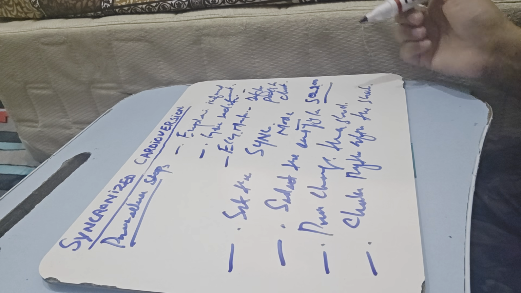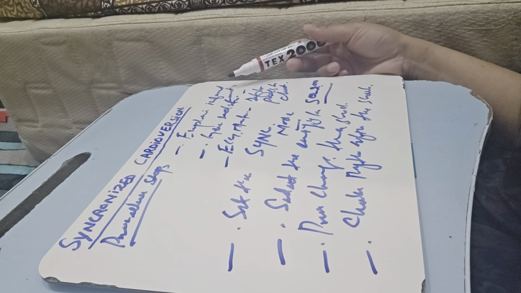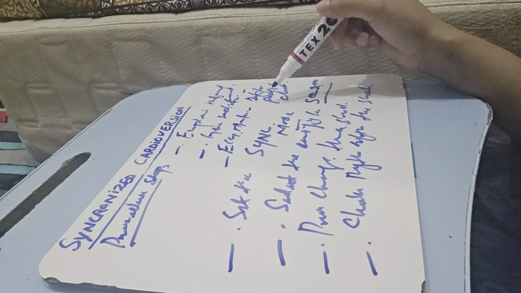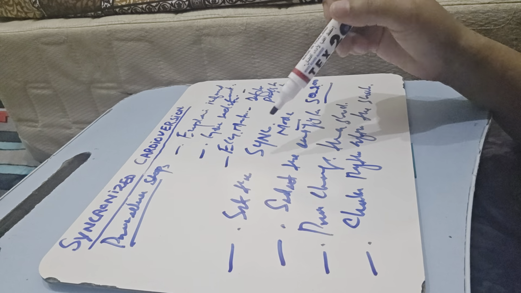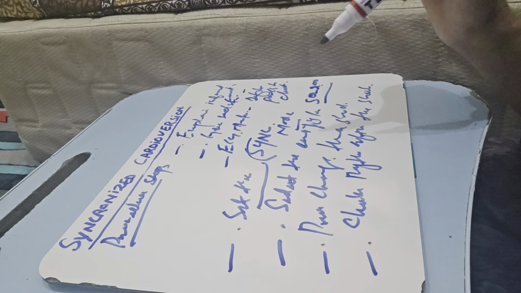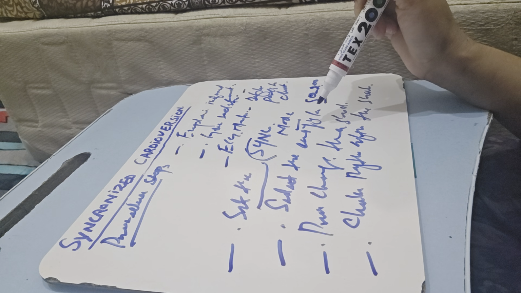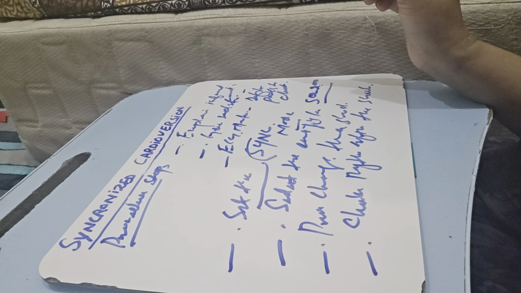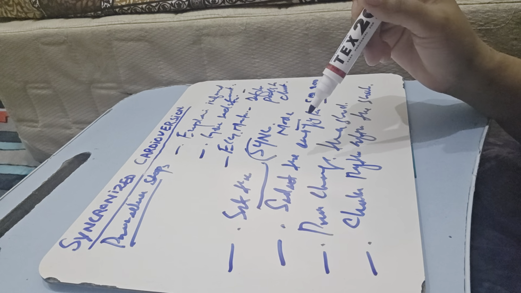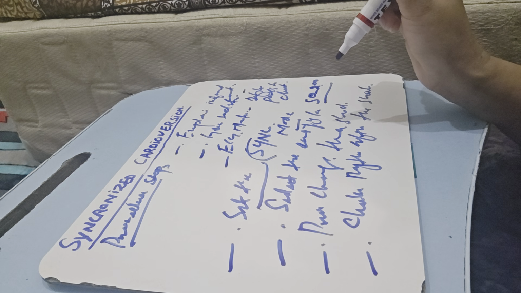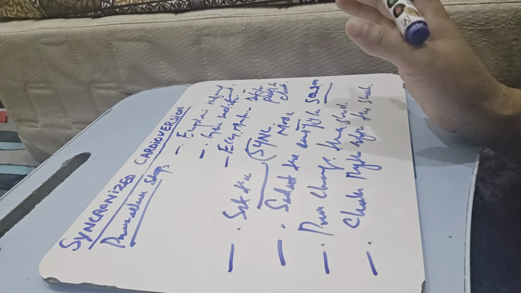So the normal steps are: we have to take the informed consent of the patient, give sedation, and attach the ECG monitor and defibrillator pads. We have to set the cardioversion machine on sync mode. Then select the energy level, usually 50 to 200 joules, depending on the rhythm. Press charge, then shock when the R wave is marked. Check the rhythm after the shock and repeat if still abnormal, as per the doctor orders.